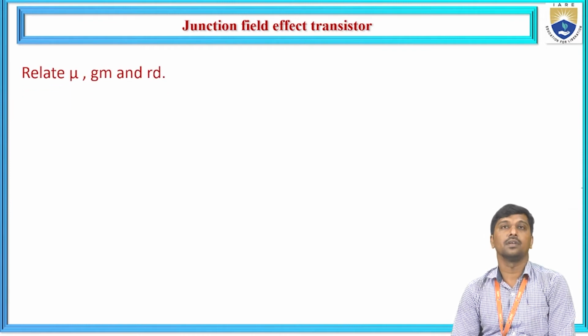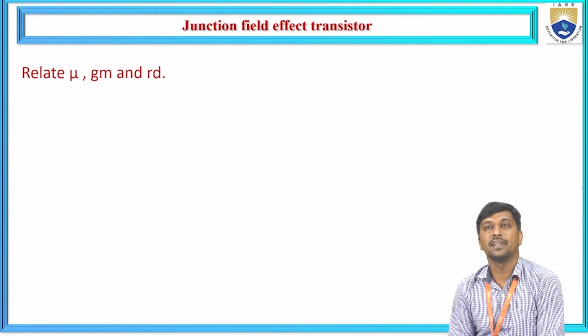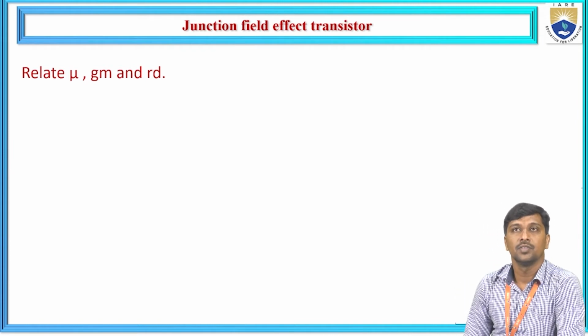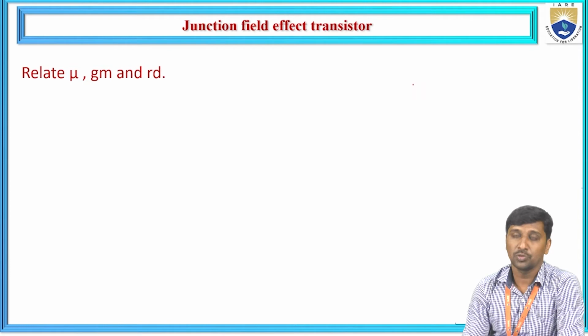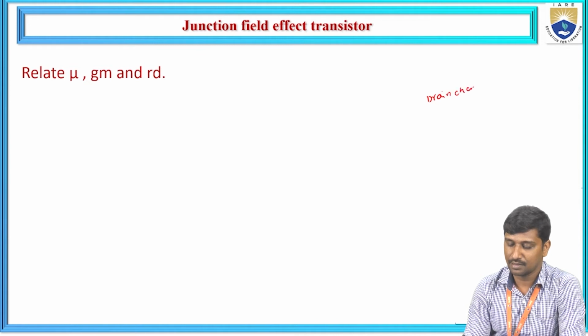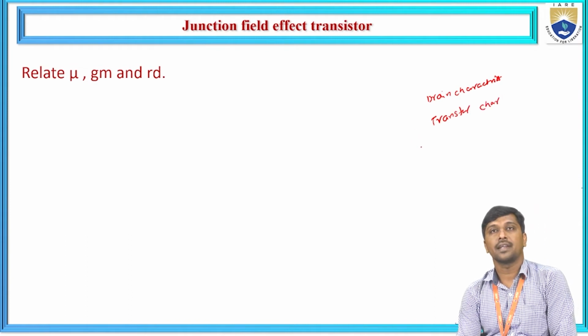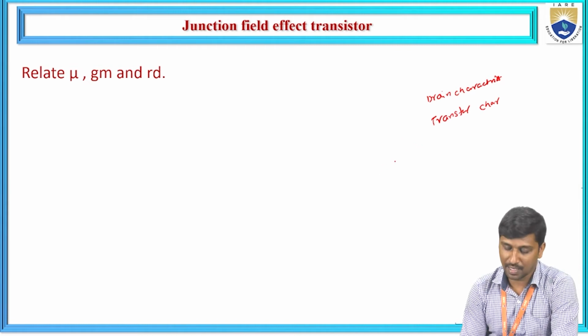Now, really, as per this junction field effect transistor, as per the characteristics of the field effect transistor, we have two types of characteristics in a field effect transistor. One is the drain characteristics, and another one is the transfer characteristics. Based on these two characteristics, we have some characteristic parameters, that is amplification factor, where mu is the amplification factor,